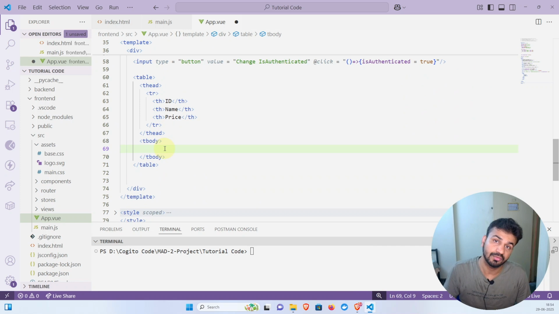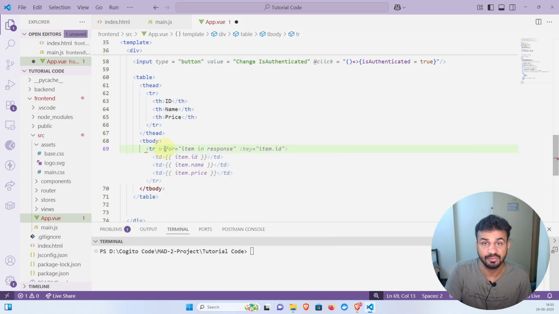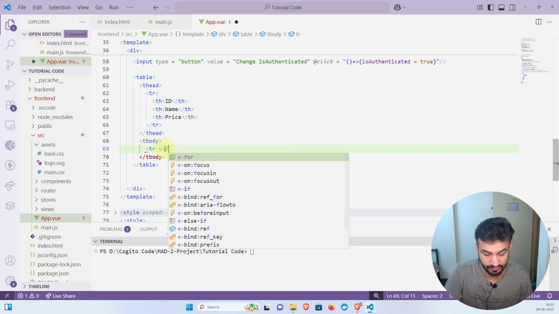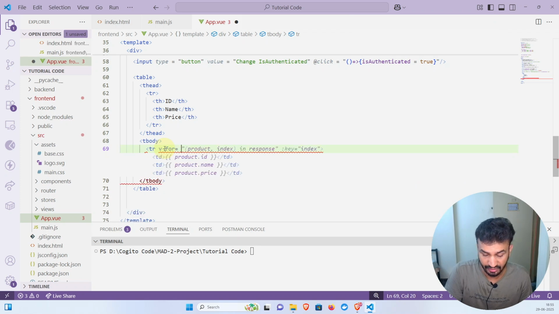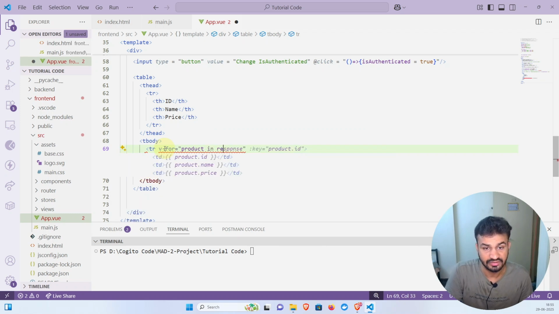If you remember from your MAD1 project, when you were handling Jinja, there was this directive that you can use, for. Similarly, we have this directive which is v-for. So let's say that I'm using a tr tag which would be used to display the rows in the table, and we can say v-for equals, and I'm iterating over the product. Let's say we are iterating over product in response, and